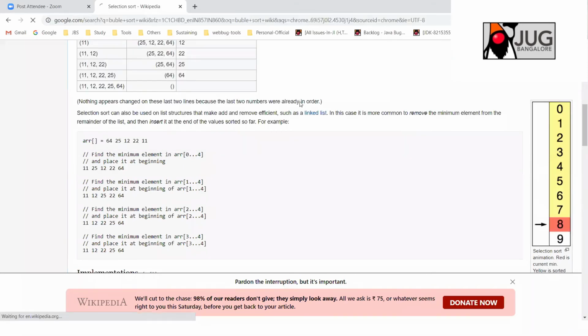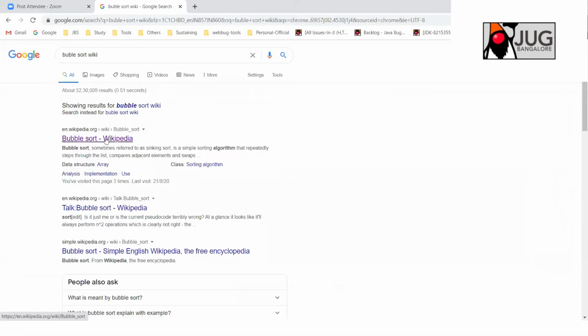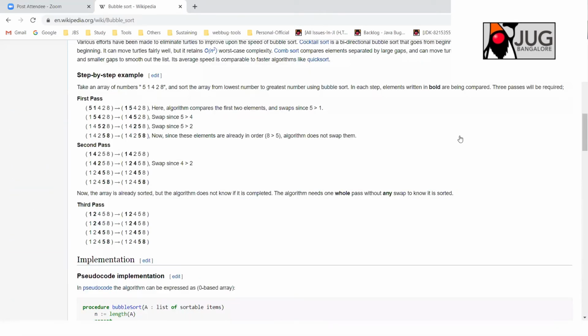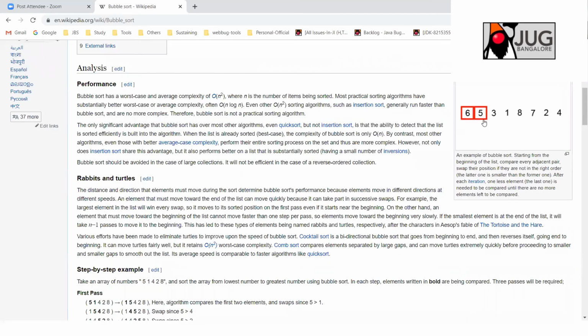In bubble sort, it is the reverse way. You are selecting the largest element and placing it at the last. Let me show you that here. It compares two elements and moves the largest element to the last, like bubbling. For example, here 5 and 6 are compared, 3 and 6 compared, and 6 moved to the last, 1 and 6 compared. Now again 6 will be moved to the next position, 6 and 8 will be compared. 8 is coming last, and finally in the first iteration, the largest element is placed on the rightmost side.